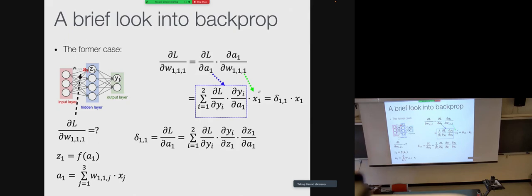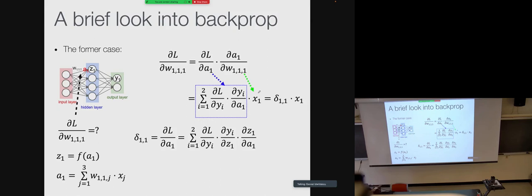Because the activation is a weighted sum of the inputs. So this becomes, again, this gradient here. This in blue we label delta 1,1. This becomes x1. Then we compute delta 1,1. Again, we write out these sums and apply another chain rule here. We apply dL over dY, and here we break this term apart to do another chain rule. So dY over dA becomes this.